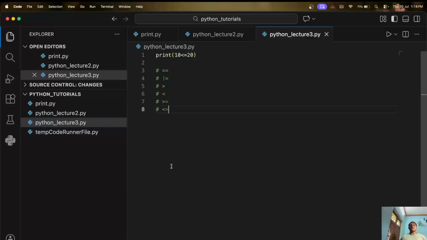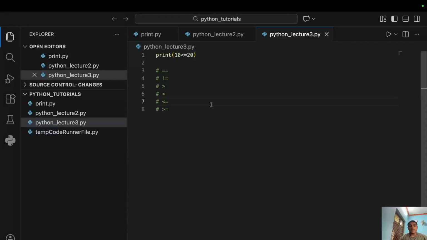Now the second one is not equals to. It checks whether the data on the right side and the data on the left side are equal or not. If they are not equal, then the output is true, and if they are equal, the output is false. Now the third operator is greater than. It checks whether the number on the left side is greater than the number on the right side. If it is, it returns true,